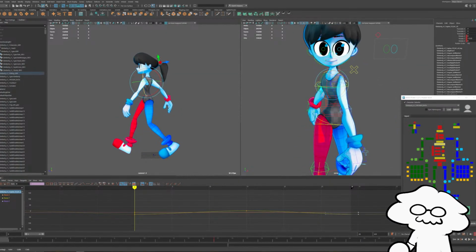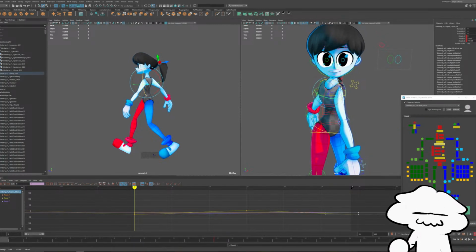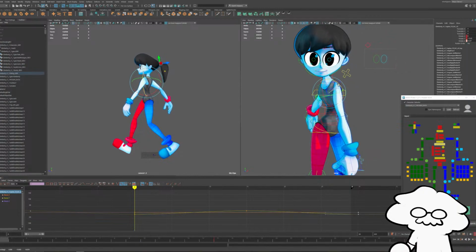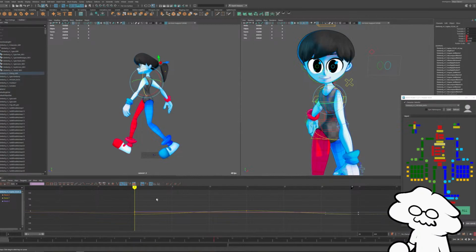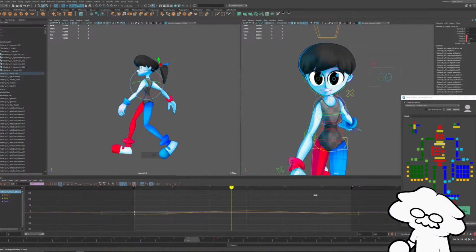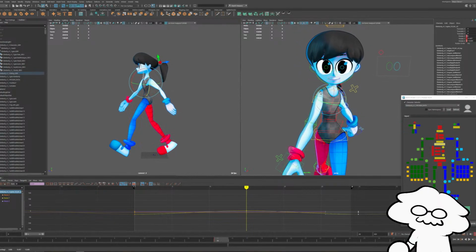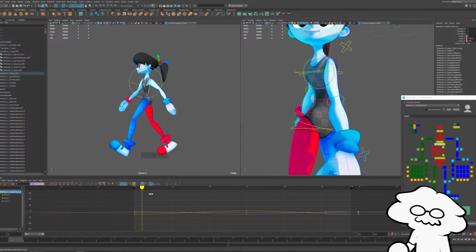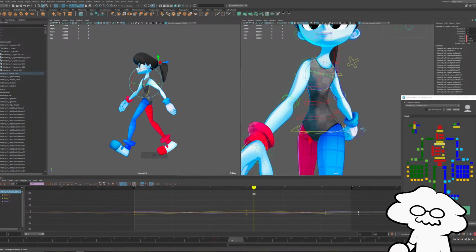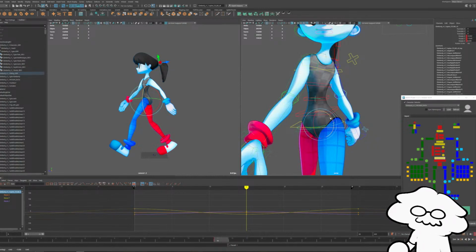We're going to counterbalance the hips by turning the hips the other direction. I was doing the wrong way. Go this way, just a little bit. You don't want it as much as the hips. Then we'll copy that over, and then turn it back. Oh, I never did the hips in the other direction, did I? Yeah, or at least they weren't as exaggerated as I would want it to be.